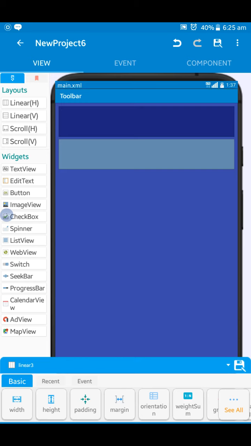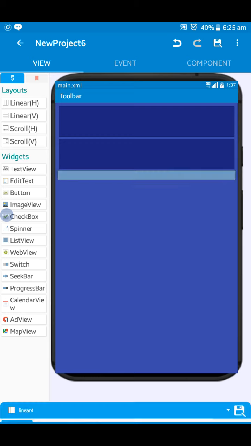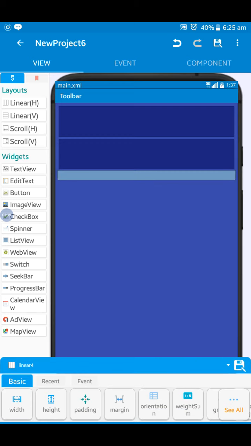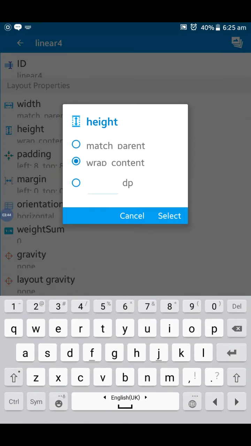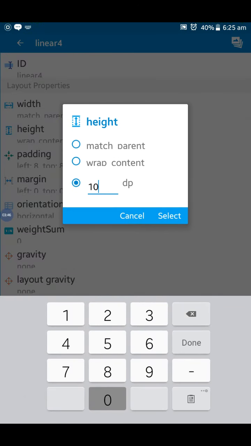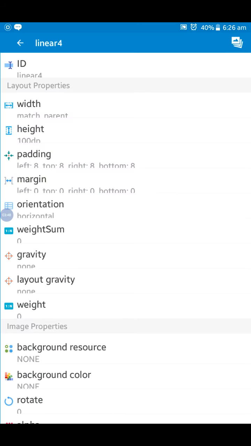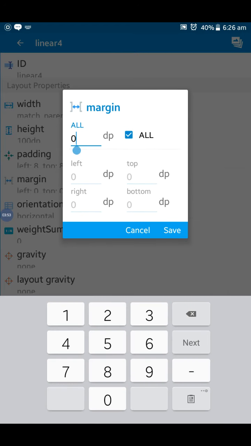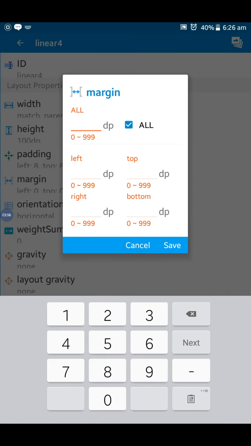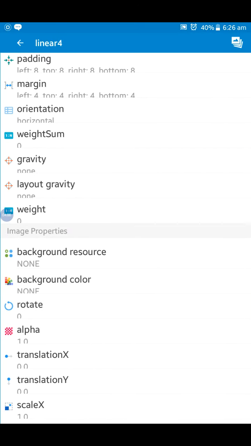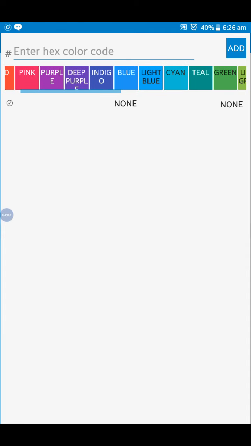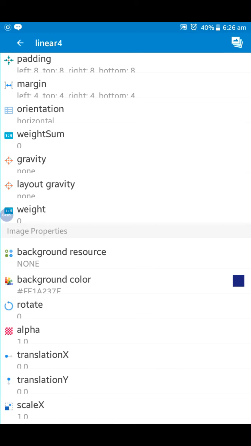So we need to add another linear horizontal. Select, height will be 100 dp and margin will be 4. And the background color, we choose indigo dark.